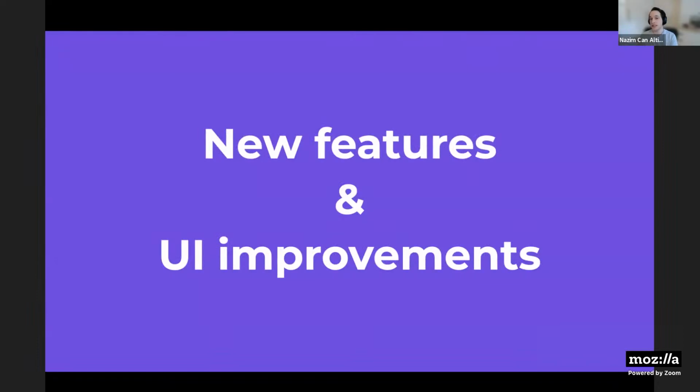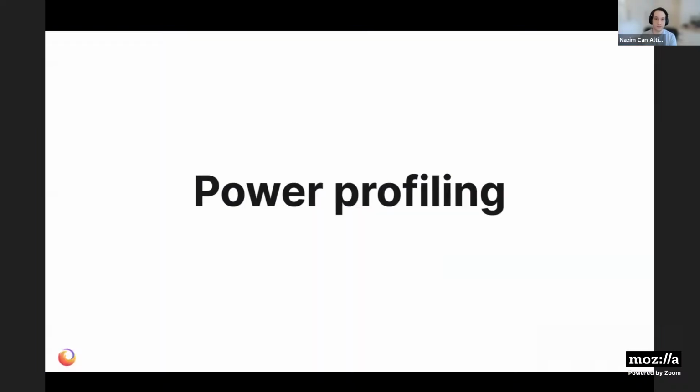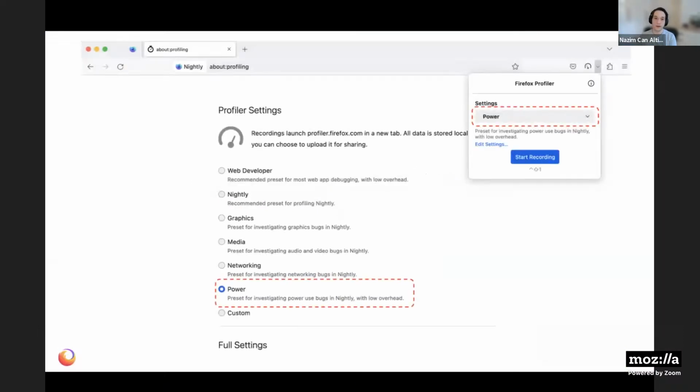Now let's talk about the new features and UI improvements that we've made in the Firefox Profiler recently. First, we have the power profiling. So if you go into the settings of Firefox Profiler, as I showed you before in that panel, you will see a preset called Power, and you can set this to use the profiler on low overhead mode to investigate any issues related to power,